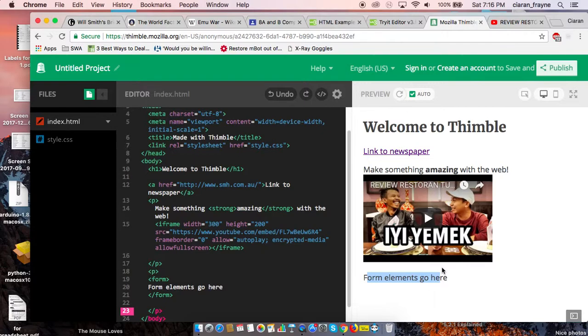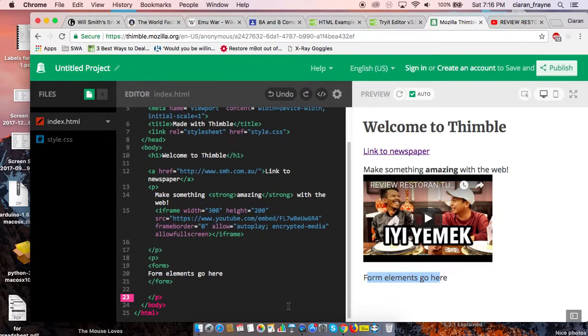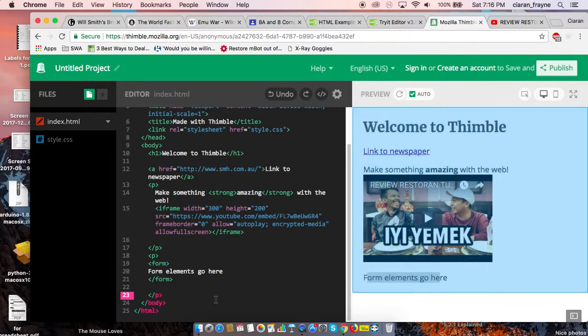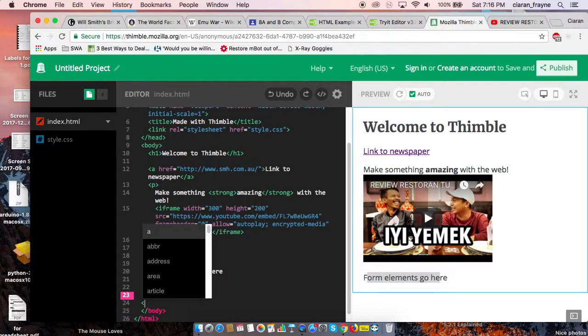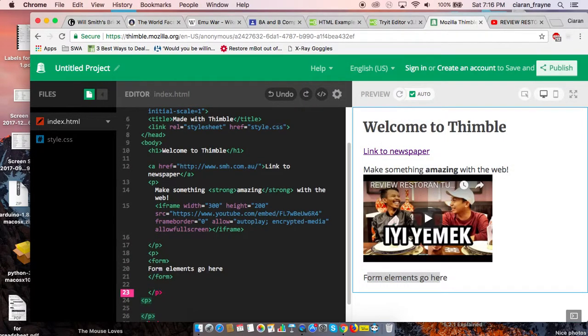If you flick around to page 83, you can see you are introduced to how to make various other things like a password input box, and buttons where you click on one option, and checkboxes where you can choose more than one option, and forms. So you can actually copy and paste a lot of the same attributes as well. So I'll make a new paragraph down here, and in this paragraph I shall enter